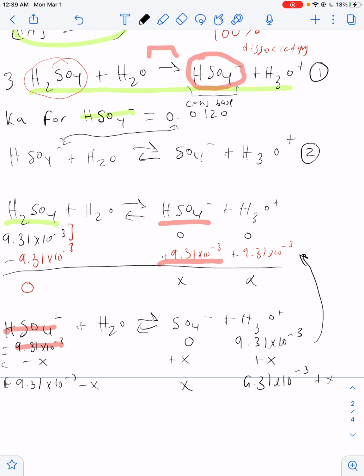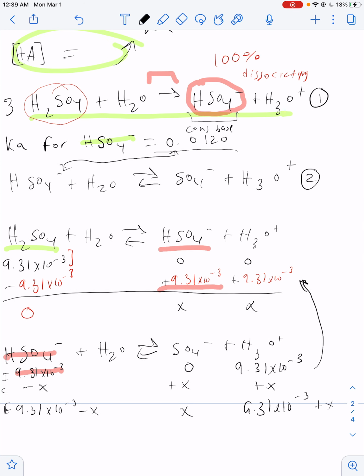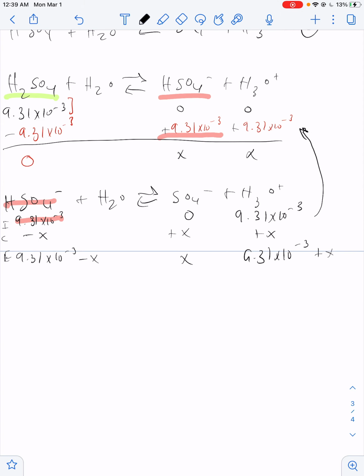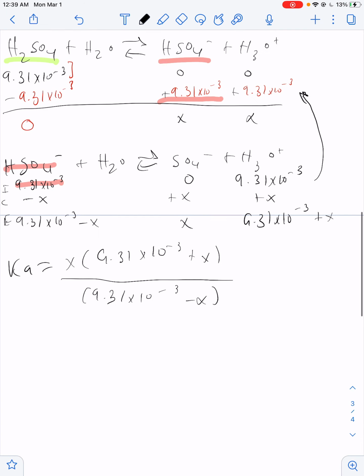And if you look here, our Ka is right here. Our Ka is too big to assume x is small. So here we're going to have to use quadratic formula. Products over reactants, and you just use Wolfram Alpha or the quadratic formula, and when you solve for x, you get a number. Okay, now that we have x, right,